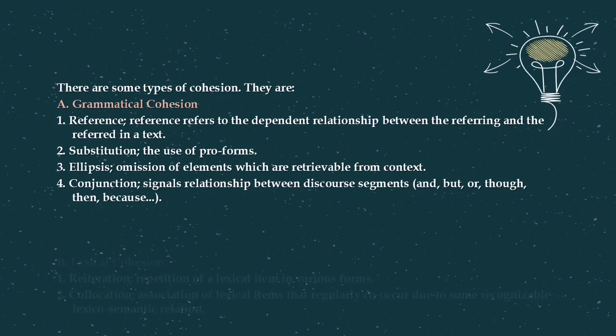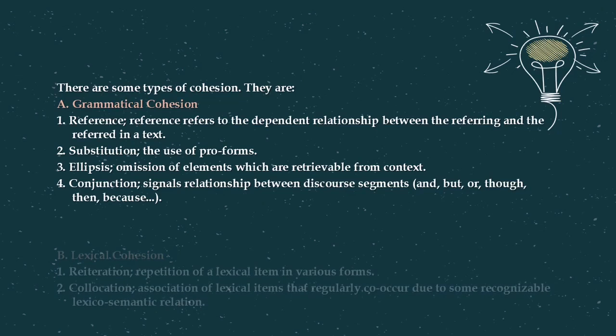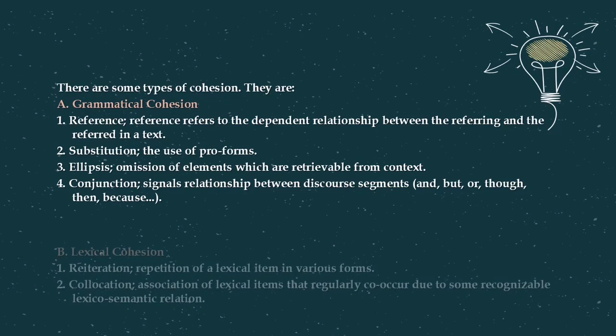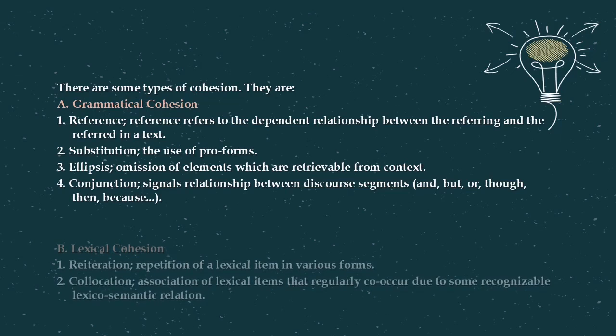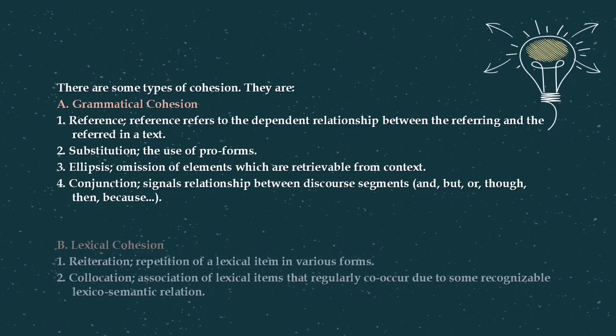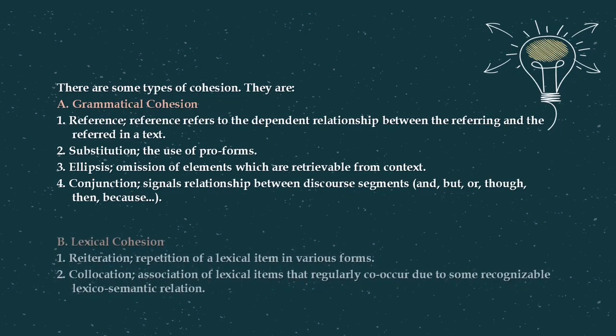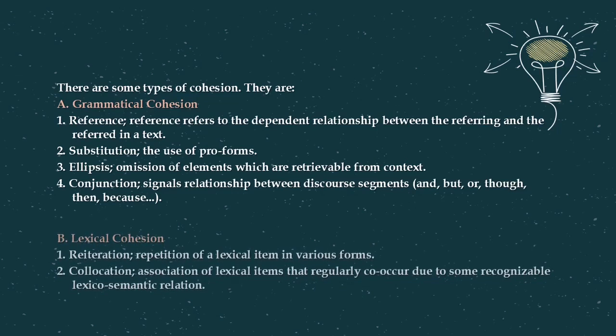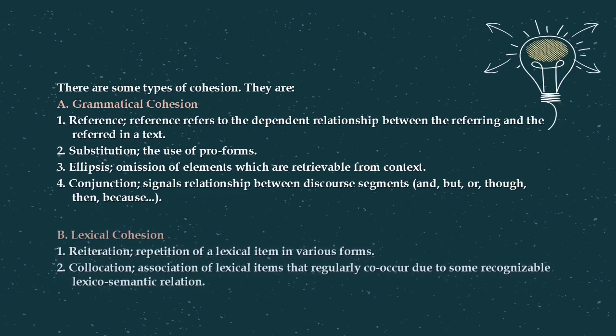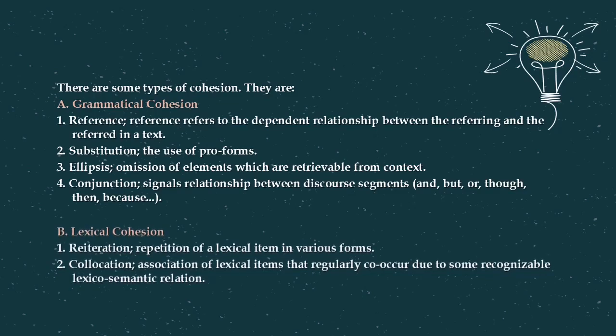And then the B is lexical cohesion. First is reiteration, repetition of lexical items in various forms. Second is collocation, association of lexical items that regularly co-occur due to some recognizable lexicosemantic relation. So that is for my